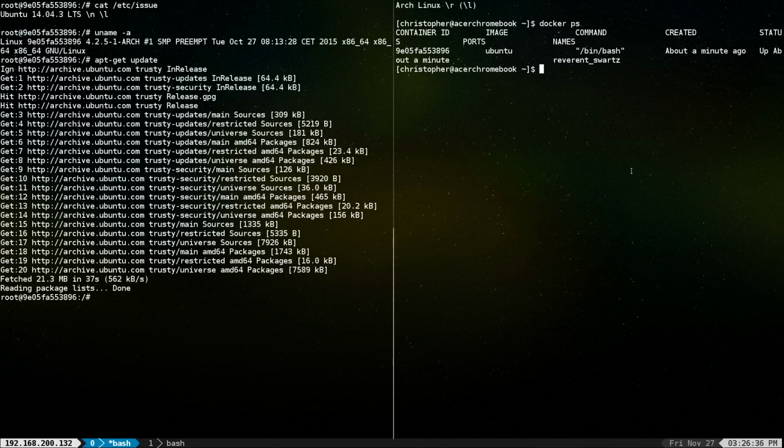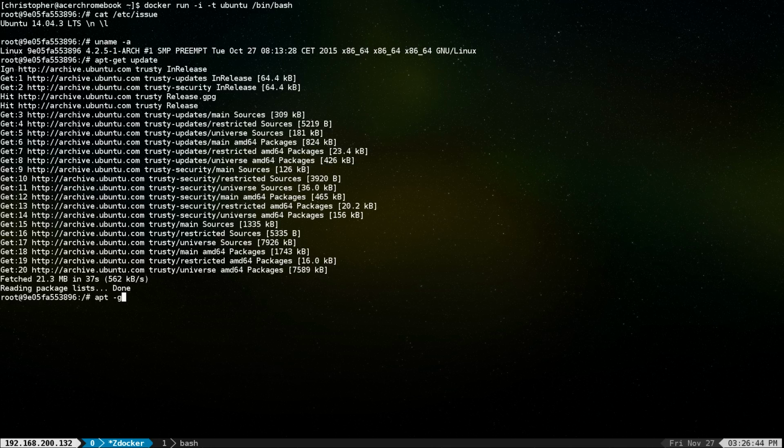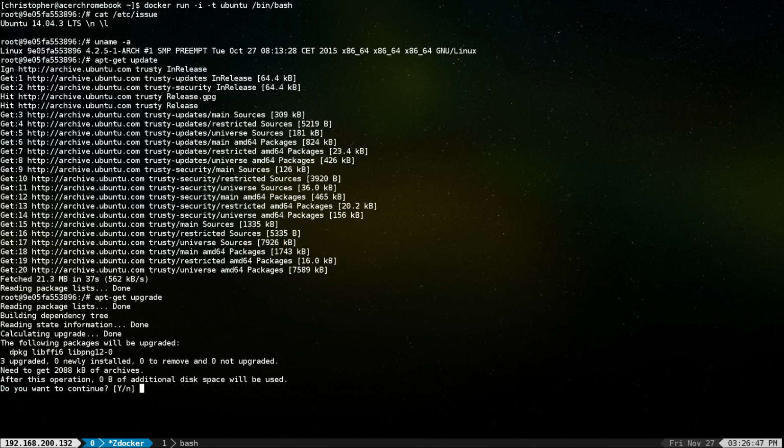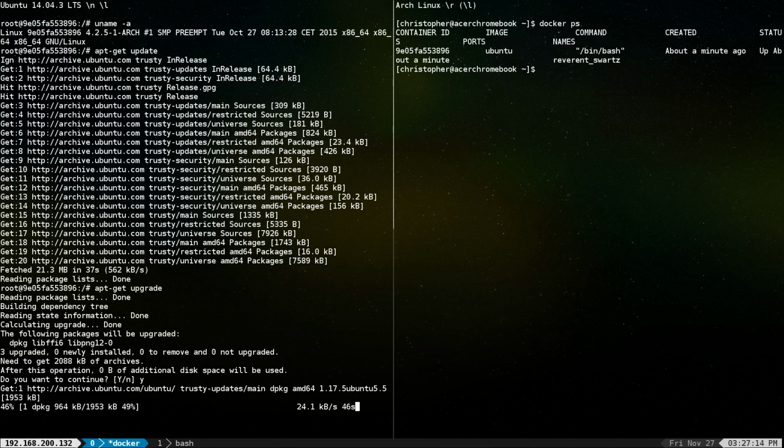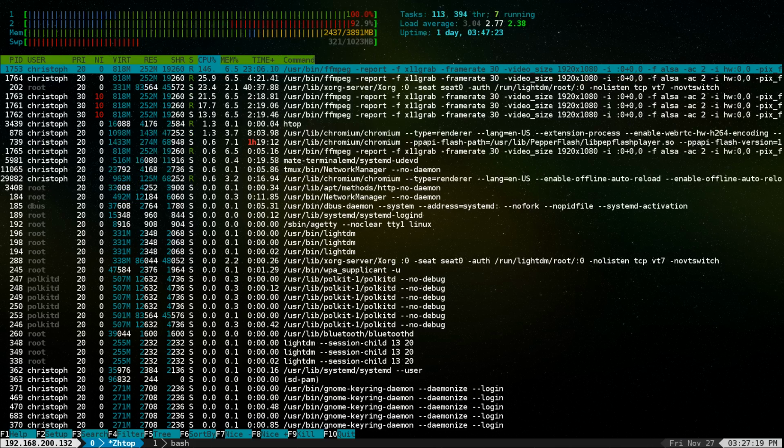Now I can switch back over to the left side, and as you can see, it's done with that. Let's see if there are any packages that need upgrading. Okay, so we can actually upgrade 3 of these packages. Not that I really need to, but just to show you that this is, well, not a real Ubuntu environment, but it sort of is Ubuntu. So I'm running Ubuntu within my Arch Linux host. And now, if we go to htop, which is my favorite process manager,